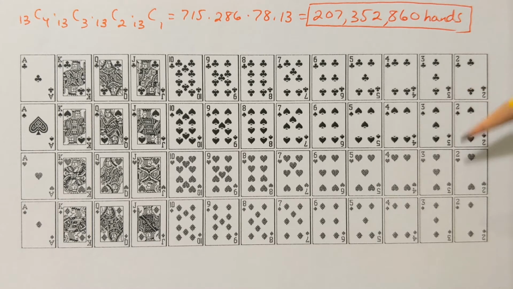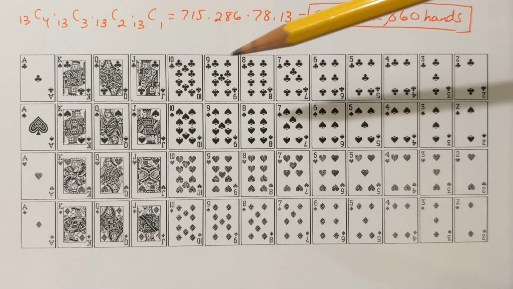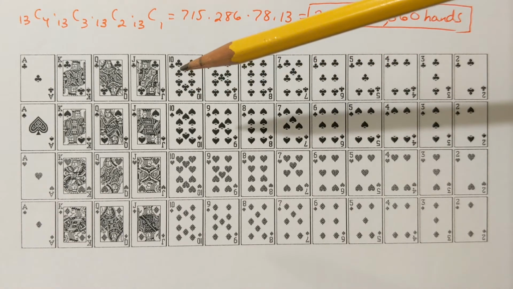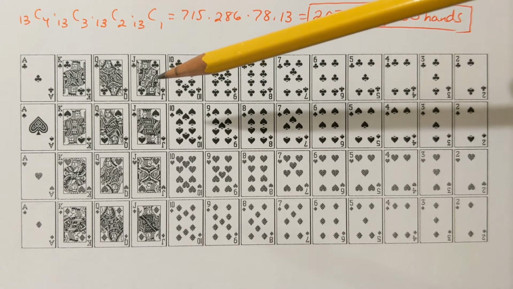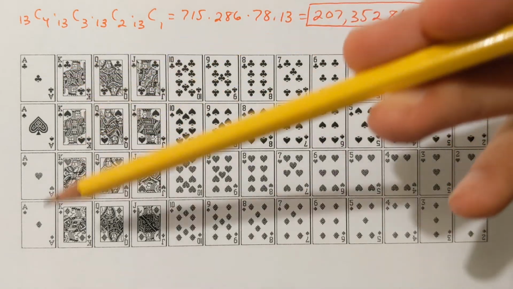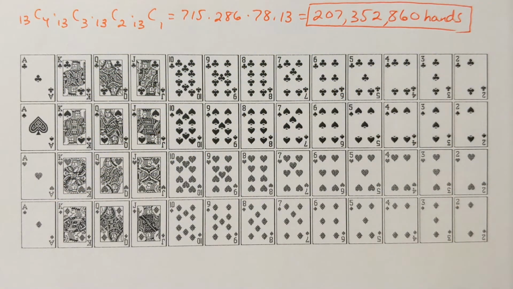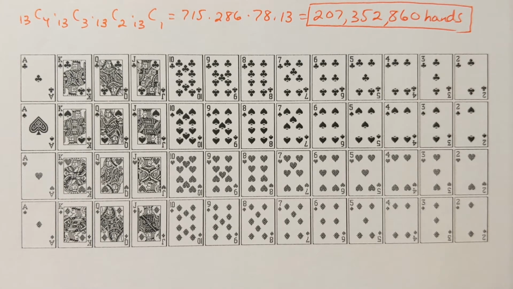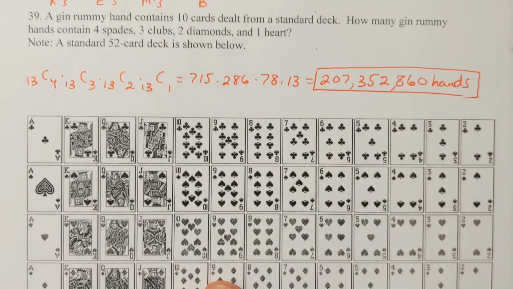There's 4 2s, 4 3s, 4 4s. Sometimes we work with face cards. Face cards are only jacks, queens, and kings. An ace is not a face card. That's really all you need to know when it comes to playing any games. Like any games, the rules of the game would have to be explained to you in the problem. So anyway,